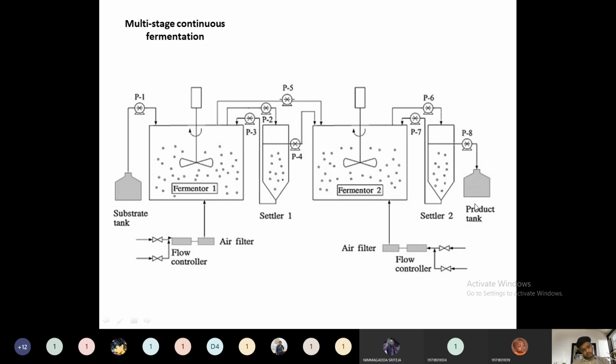Then the advantages. What are the advantages of continuous fermentation? The product formation is continuous, so there is no loading and unloading mechanism, as there is in the batch process. Time consumption will be very high in the batch process, whereas there is no time spent on loading and unloading here, so this obviously consumes less time. At the same time, the product is formed continuously, so we can continuously obtain the product. So a good product yield will be obtained. We have seen that the batch process has a low product yield, whereas in the continuous process the product yield will be very high.